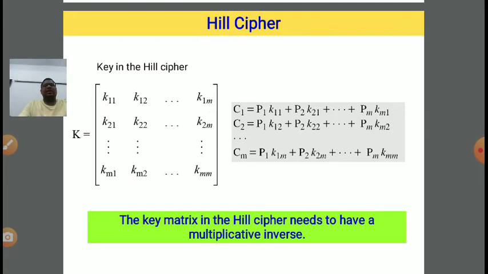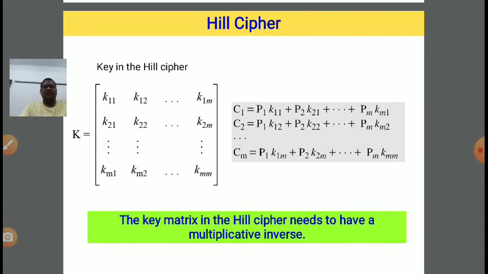Then we will take an example. In that example, we will convert our plain text into ciphertext with the help of Hill cipher, and from that ciphertext we can again convert back into plain text by just applying the reverse mechanism which we applied for the ciphertext generation, right?